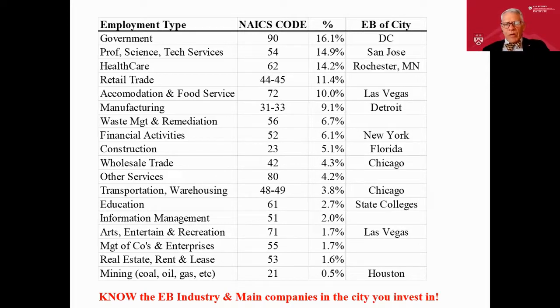If I went from the first number 9, which is government, and I went out 3 steps, it would tell me whether it's federal or state or local, right? Because I can go 9-0, 9-1, 9-2, 9-3, et cetera. So government is the largest employer sector in our country. And it's 16% of all employment. And obviously Washington, DC's economic base is the federal government.